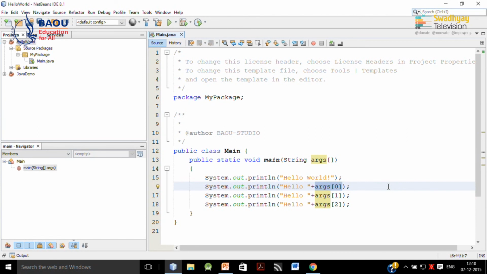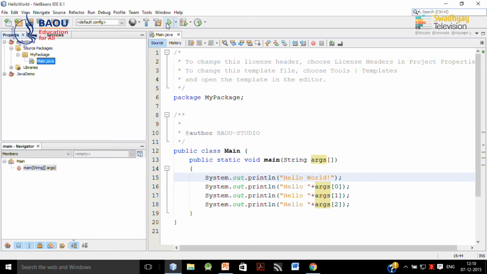So, the first argument is Himanshu. So, it writes hello Himanshu, then the second argument is Nikhil. So, it writes hello Nikhil, and the third argument is Vishakha. So, it writes hello Vishakha. So, this is how we can use command line arguments. You have to run your project from this run button or run project button.